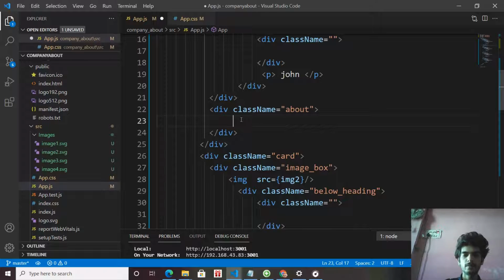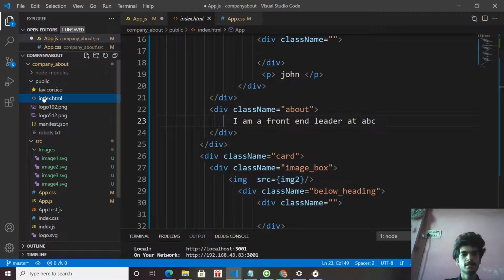And in the about, see, the first person is a tech leader. Okay, so I am a front end leader at ABC, and the rest of the text is demo text. For demo text you can create it in just 1 second.